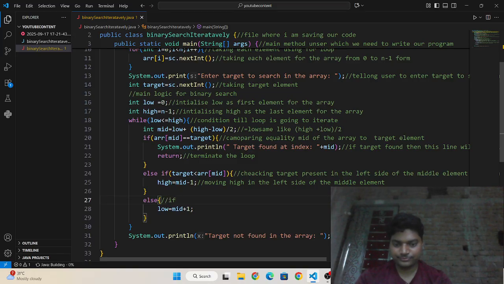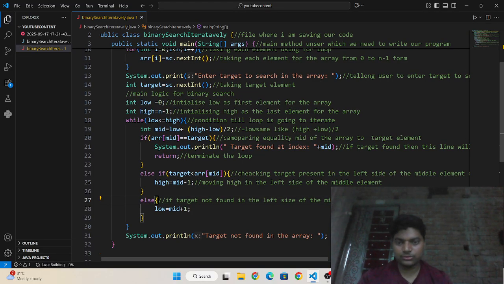And if the target is not found in the left side of the middle element, it means it is present in the right.